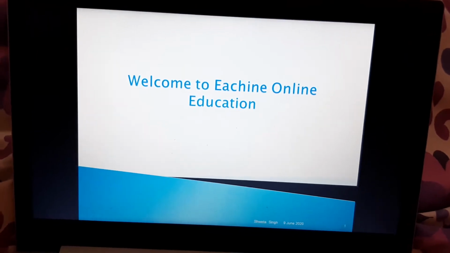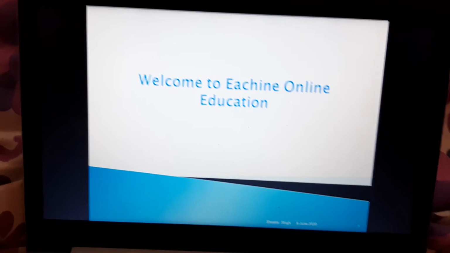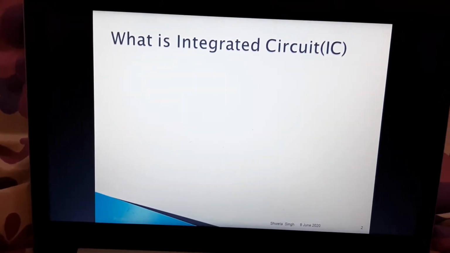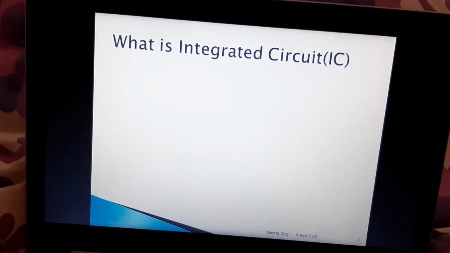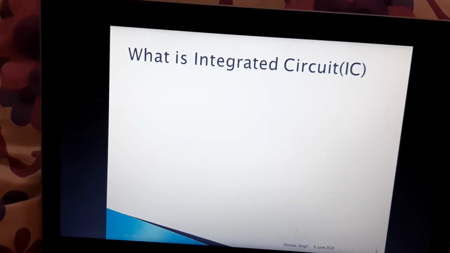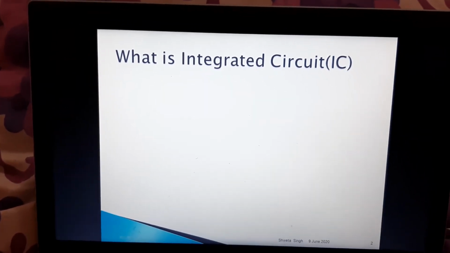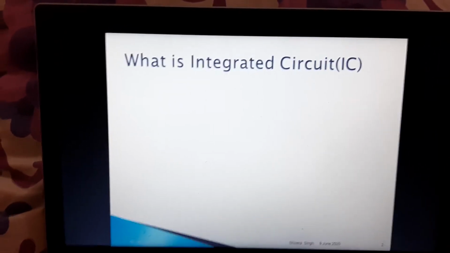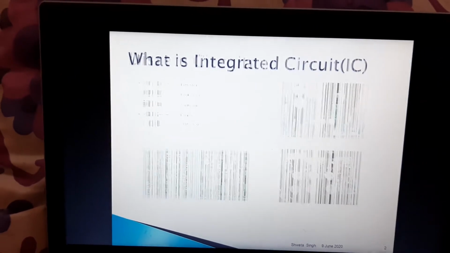Today's topic is Introduction to IC. Before going to start, what is IC? We must know the basics of electronics. As we all know, electronics is everywhere. Nowadays, we cannot think of our life without electronic gadgets. From digital clock to mobile, all use electronic components and integrated circuits. Normally, BJT, diodes, FET are commonly used electronic components like this.